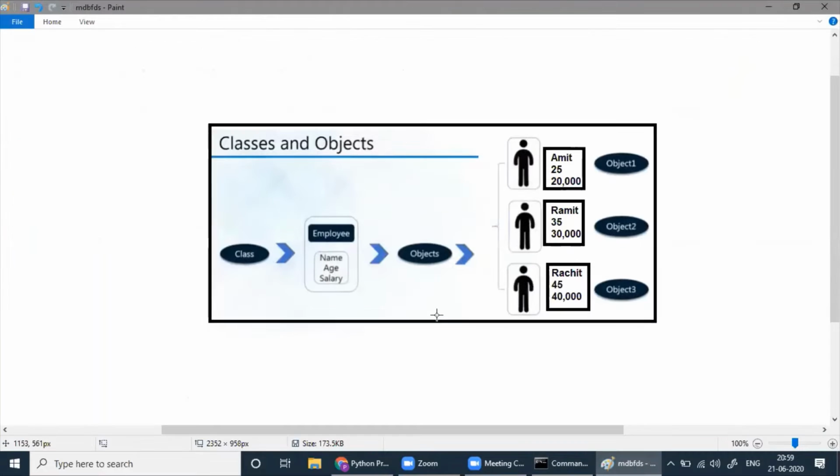Coming back to this diagram here, whatever attributes are here, Amit, 25, 20,000 and all that, these are the attributes. Here in this diagram, we have not talked about methods. So can you tell me one attribute in one class you already used before?